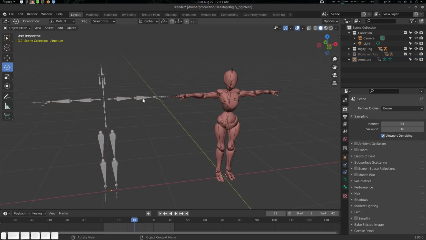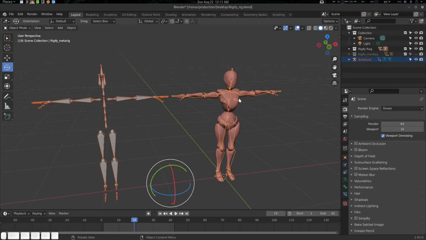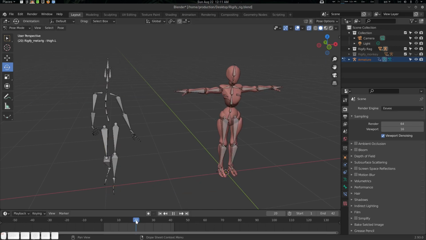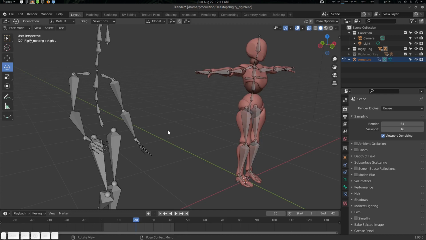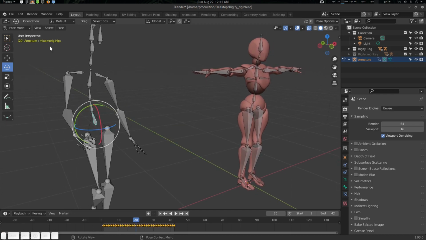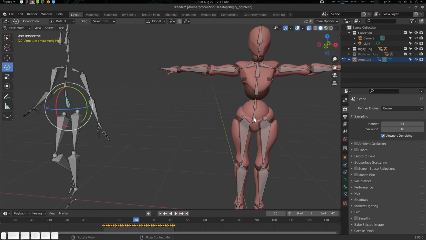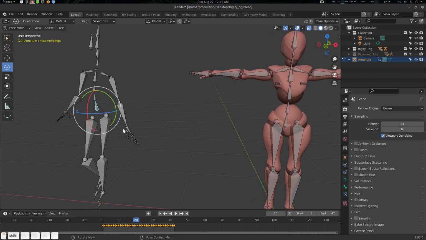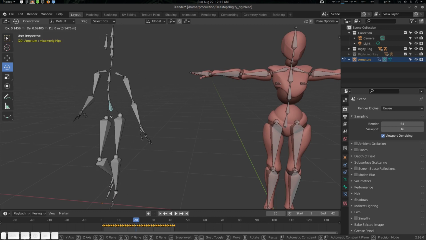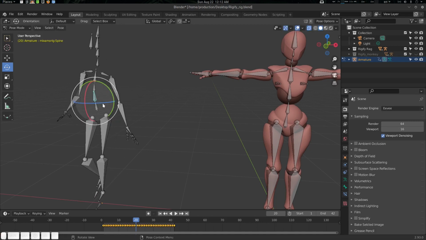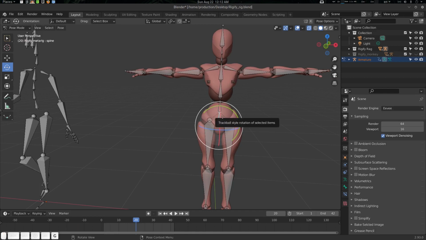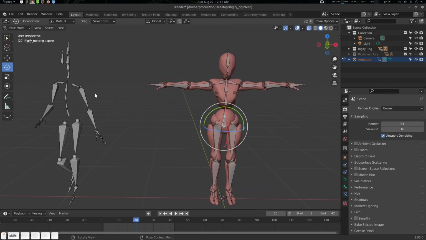What we need to do is basically click this one and click this one, go to Tab, pose mode, and find the root bone of your character. In Mixamo, this is the root bone that is called Mixamo rig hips. How you can find the root bone is basically if you select one and it makes everything parented with it, that is called the root bone. So this is the root bone here in Mixamo, and in here this is the root bone. Okay, in Rigify, spine is the root bone.